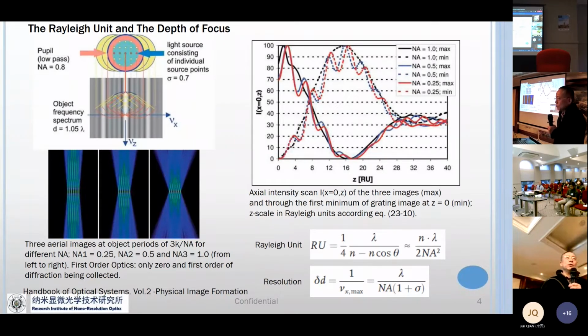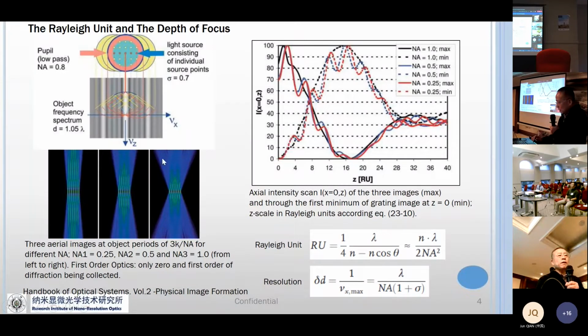Moving upwards in the system, we need to look into the field, how much of the quantity of light we are taking in and transporting into the image plane. This is at the objective plane. As you can see, we can use the Rayleigh unit. So we don't care about wavelengths, we don't care about the refractive index. We take this ratio as one Rayleigh unit. So whether you are using various kinds of wavelengths or various kinds of material indices,